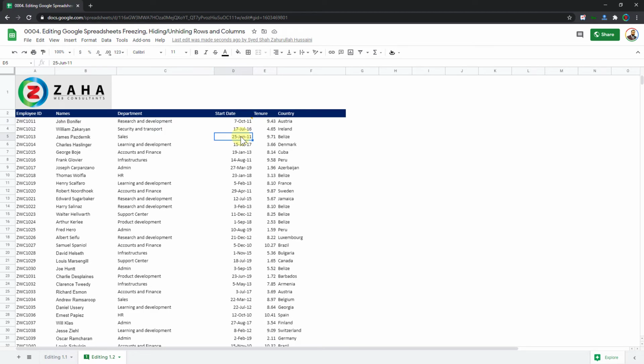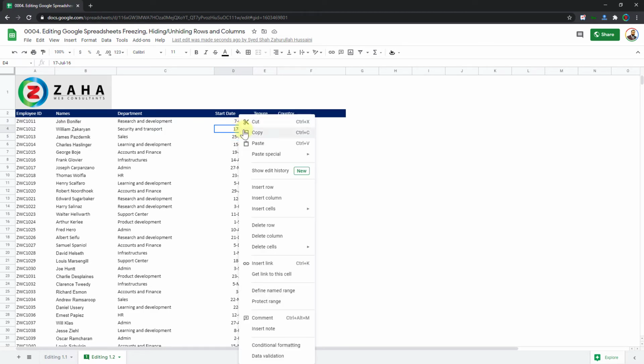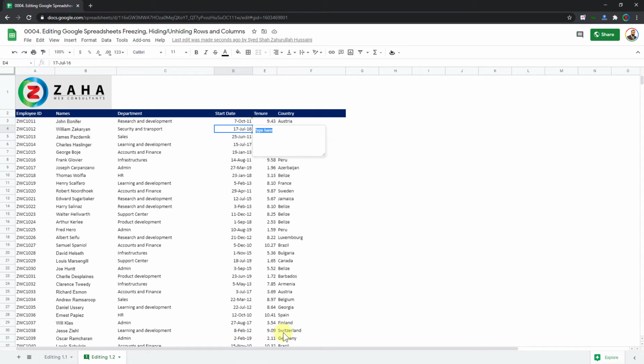Let us take a look at how to add a note in Google Sheets. I right click on this one and I will say insert note. Inserting a note is different from inserting a comment. Inserting a comment allows you to assign the item to somebody, whereas inserting a note does not have that option, that is, to assign that item to somebody. You can simply say looks good or any other thing that you wish people to know about.